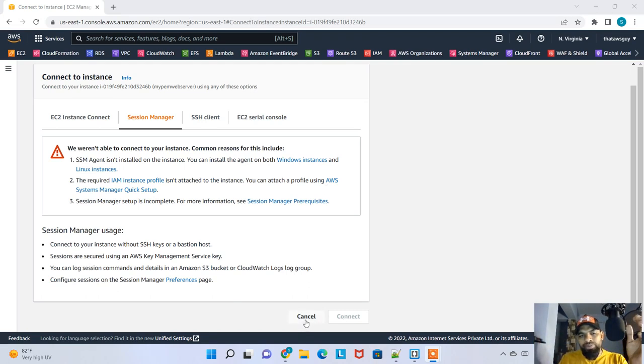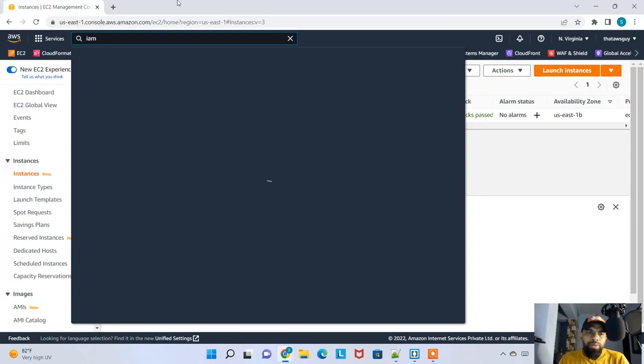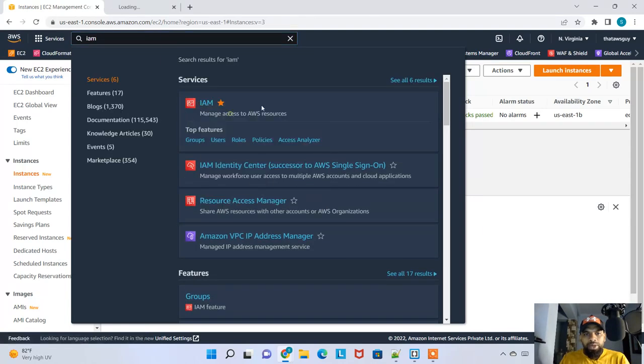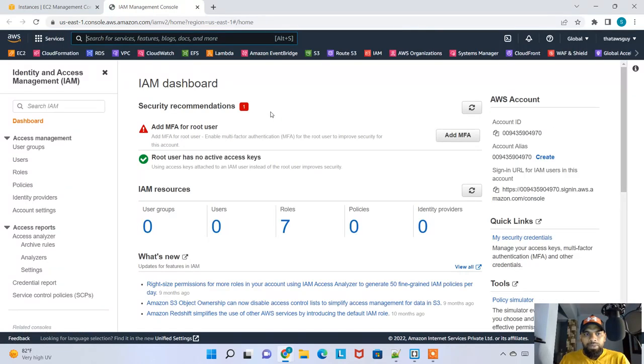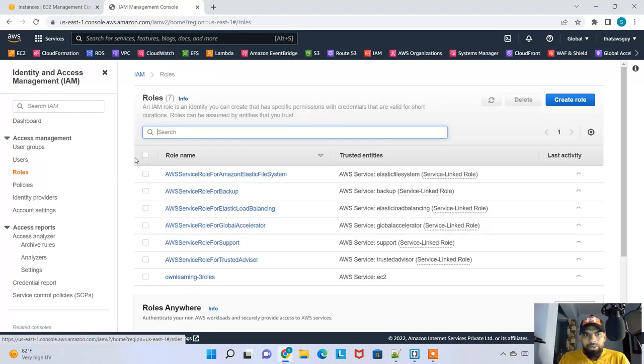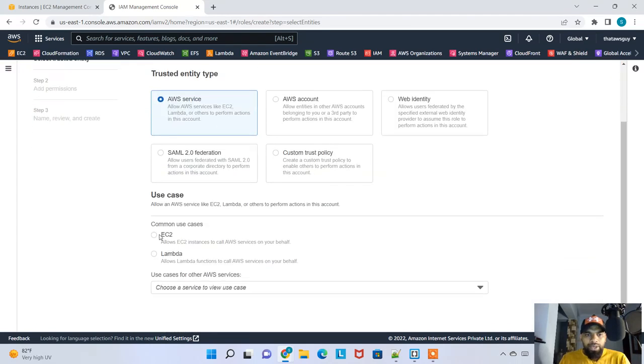Okay, so in a nutshell, what we are going to do is there is something in IAM. There is a concept. If you type IAM, let me right click and open link in new tab. So if you hit on IAM, there is something called roles. I'm just hitting on roles here, and I'm going to click on create role and choose AWS service, and then use case, allow EC2 instance to call AWS services on your behalf, and then